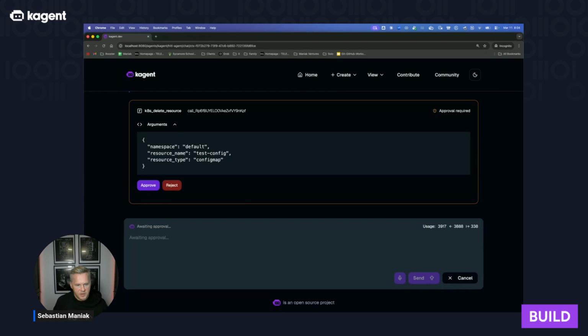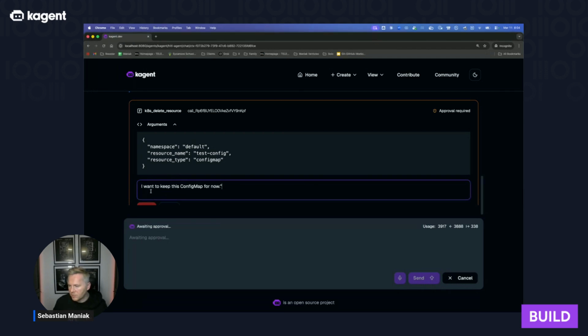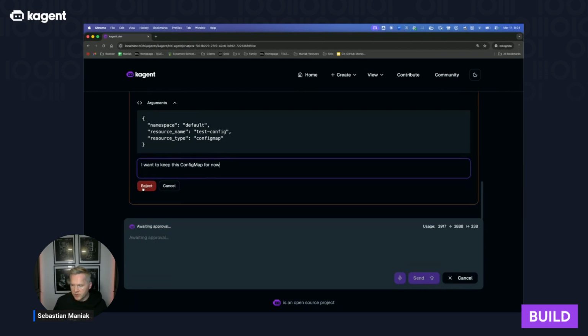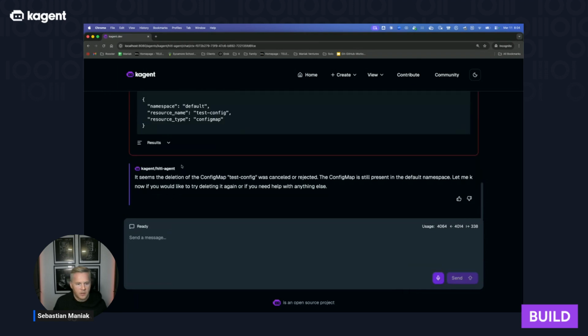So the agent received that rejection, or well, the agent hasn't received it, but we're going to send it right now. So what we're going to do is instead of approving this, we're actually going to reject it and then give it a reason, because this is important for it to learn. So we're going to reject it with a reason. So the agent now receives our rejection with a reason, and instead of failing or retrying, it acknowledges our decision and response, right? It understands,